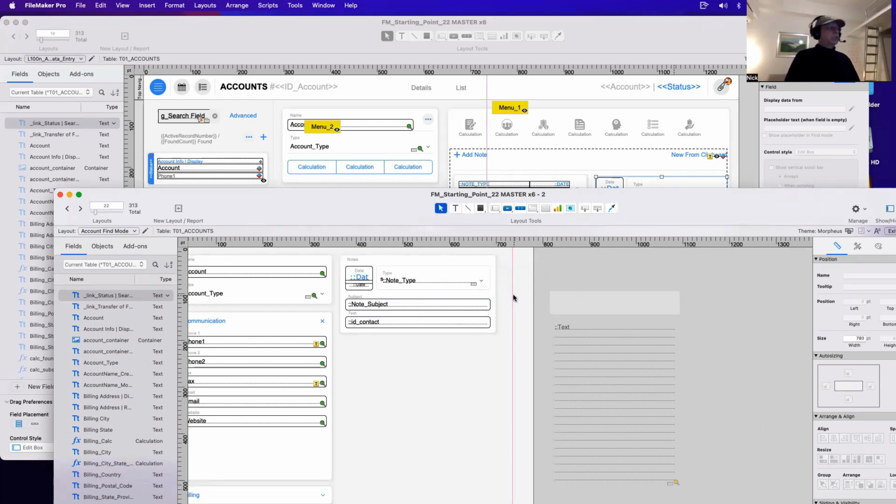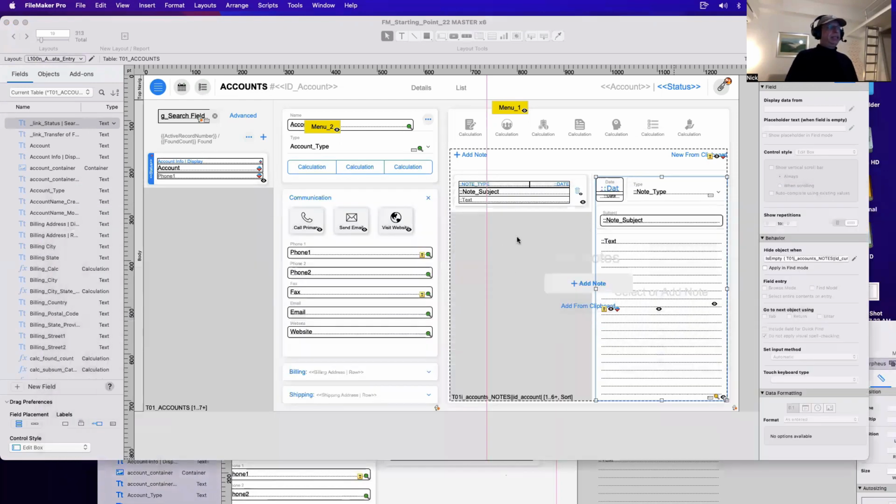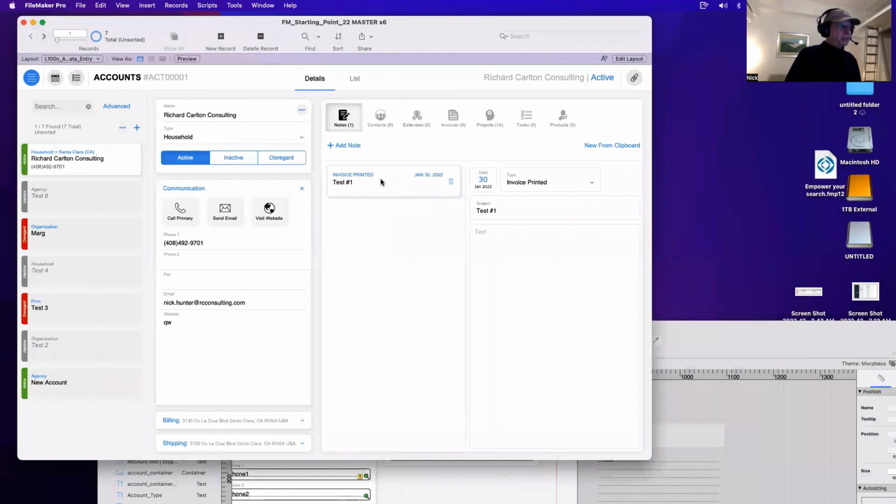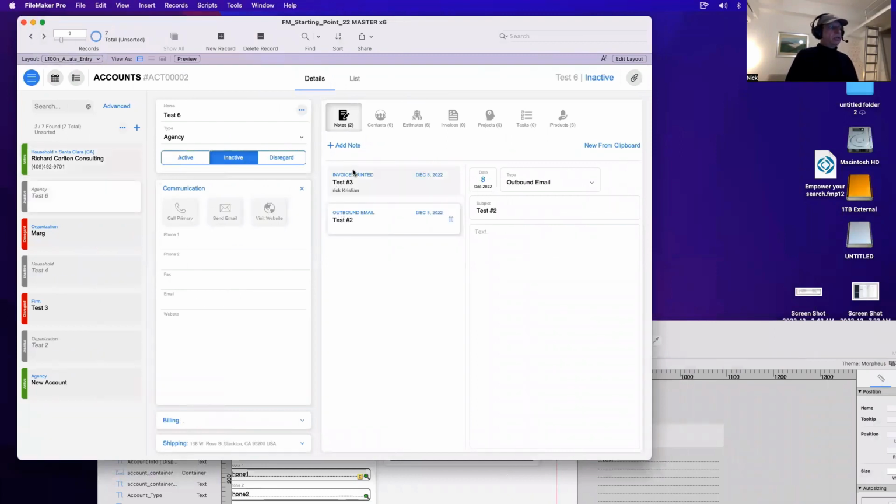So I told you that we don't need a portal to search into related fields. What we need are fields related to that portal, because that portal is the one that shows all the notes related to that account. This is the link that shows the selected notes. So we want that list here. We want the main list, right? So this is the